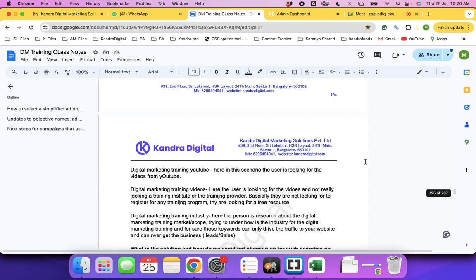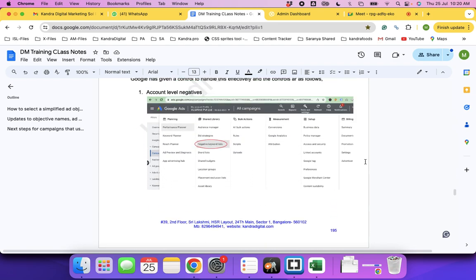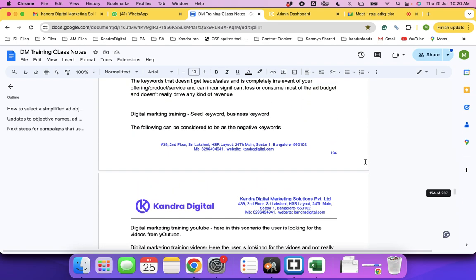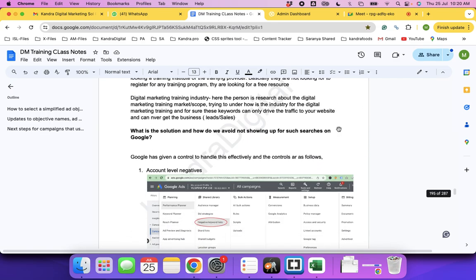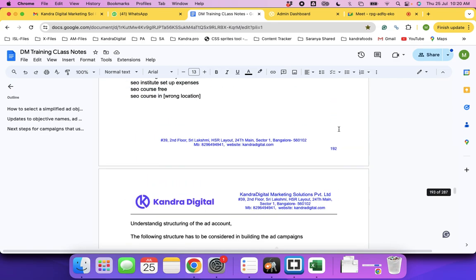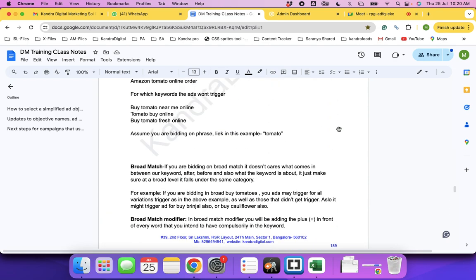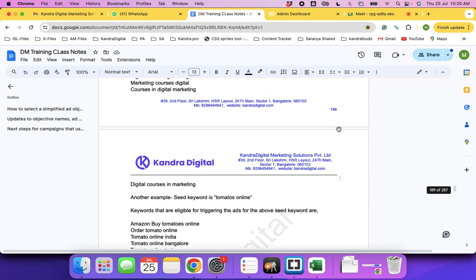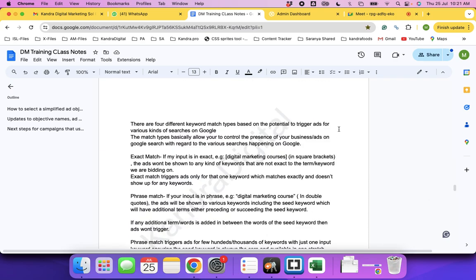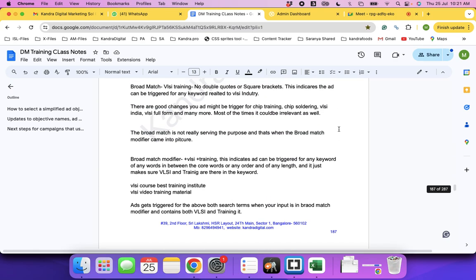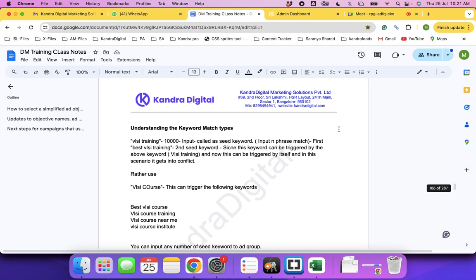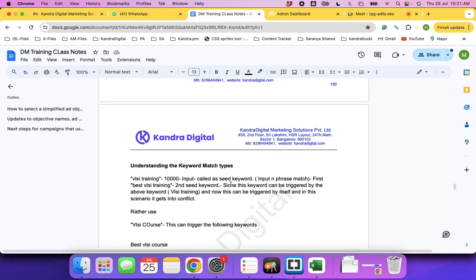So to get started, we'll understand more on these keywords first. So you all got clarity, right, about the tail keyword and short keyword, about known searches and unknown searches, right? So yesterday I was showing you one diagram, known searches and unknown searches. Known searches, the number of keywords will be very few, but unknown searches, the number of keywords used will be significantly high. I'll just add it here, understanding the keyword match types.